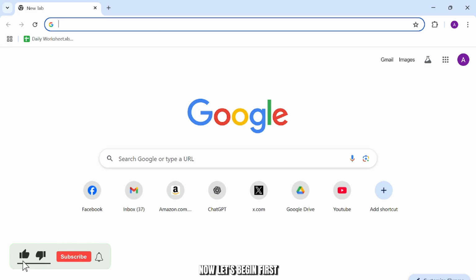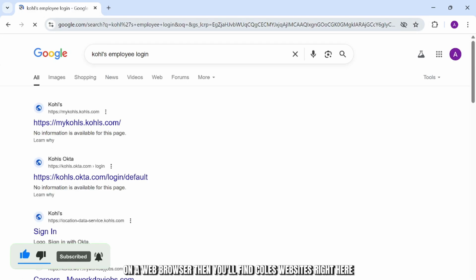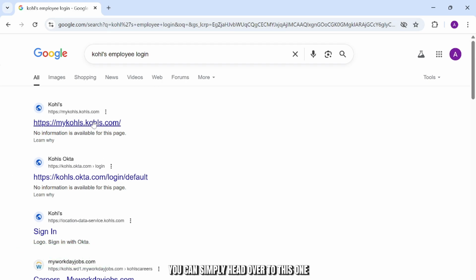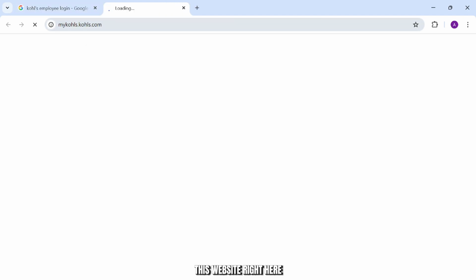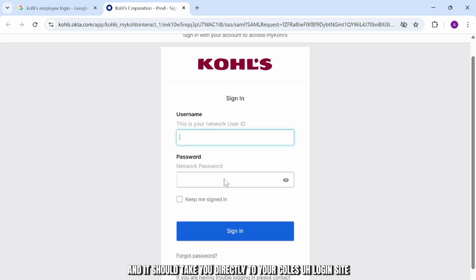Now let's begin. First, you'll need to simply search for Kohls employee login on a web browser. Then you'll find Kohls websites right here. You can simply head over to this website right here, and it should take you directly to your Kohls login